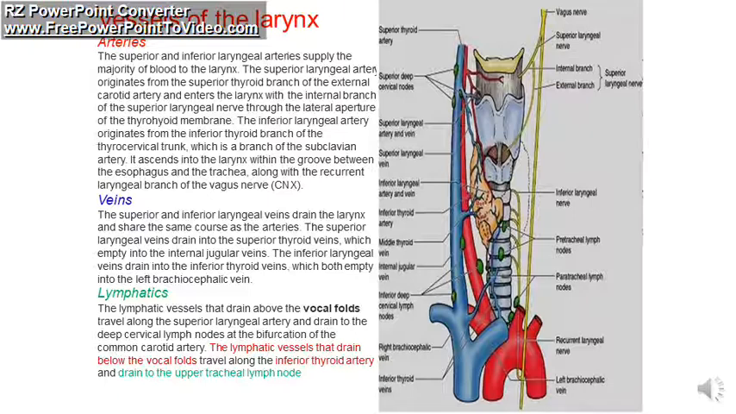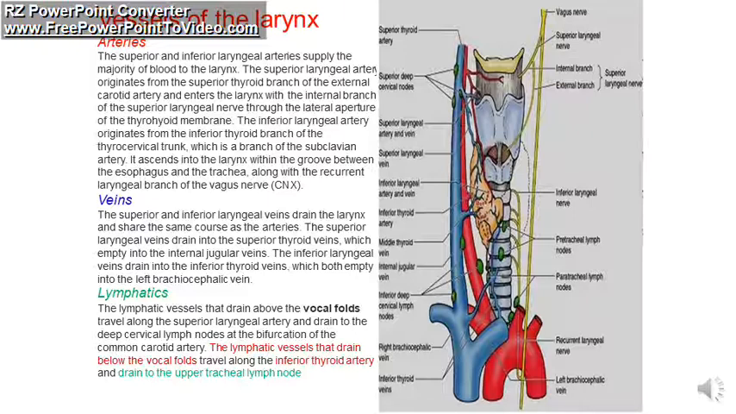The superior laryngeal vein drains into the superior thyroid vein, which empties into the internal jugular vein. The inferior laryngeal vein drains into the inferior thyroid vein, which empties into the left brachiocephalic vein. The lymphatic vessels that drain above the vocal fold run along the superior laryngeal artery and drain into the deep cervical lymph nodes at the bifurcation of the common carotid artery. The lymphatic vessels that drain below the vocal fold travel along the inferior